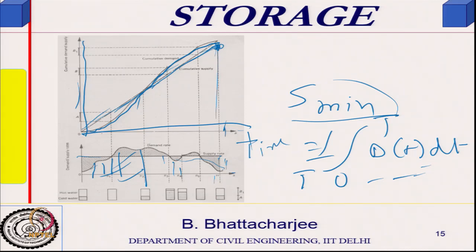So, all you can do is plot this cumulative demand and go to the last point and join them. The slope of this line gives you the supply rate. Now, if you look at it, what will happen at this point of time, let us say we are somewhere here, and I have got a supply rate which is higher. So, it will go on storing, because supply rate is higher than the demand.